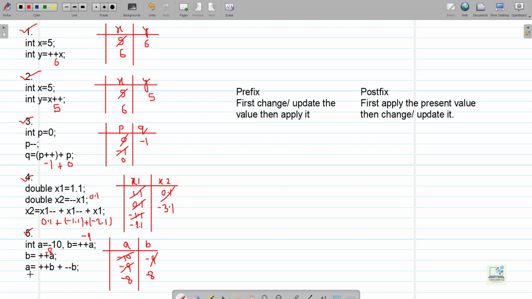Coming to the last line, first term is prefix, first change, so a will become -7, apply -7. The next term is again prefix, first change, decrement, so it will become -8, apply -8. The total of which will be -15, that will be stored in the variable a, -15.